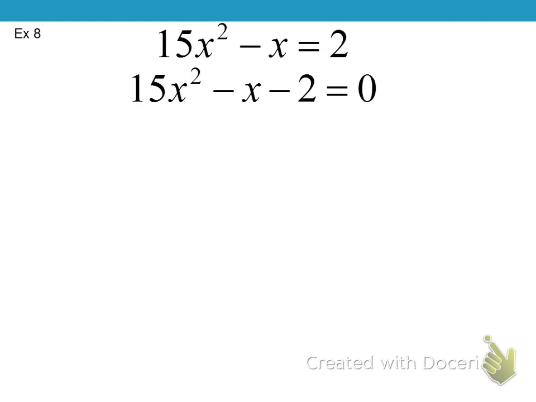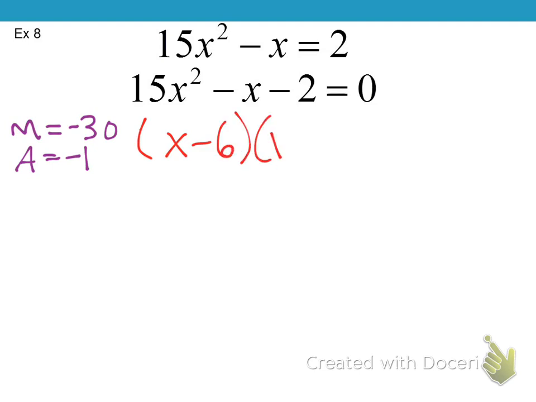What can I do? Multiply to negative 30, add to negative 1. Negative 6 and 5. x minus 6, x plus 5. Am I done? No. What do I need to do? Divide by the